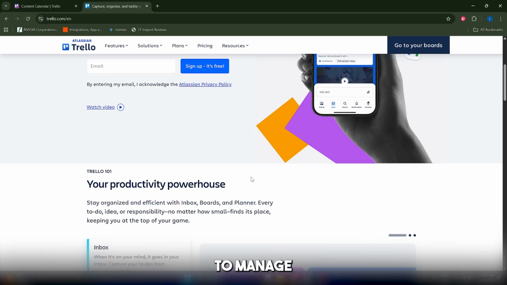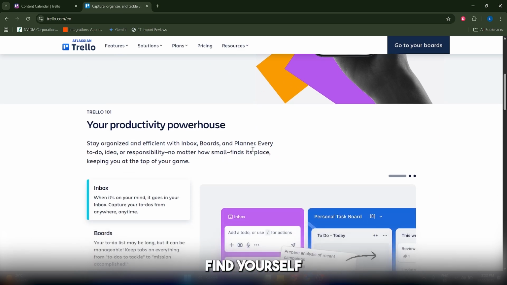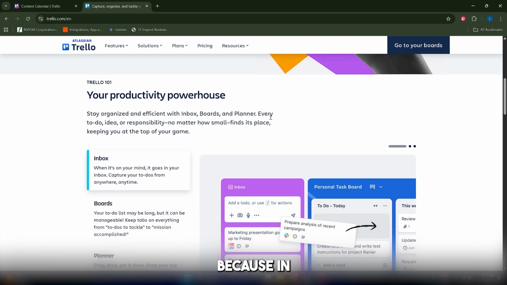If you're using Trello to manage your projects but still find yourself manually moving cards, setting due dates and reminding your team about deadlines, then you're about to have your mind blown because in this tutorial I'm going to show you the 3 best Trello automations for 2025 that are going to save you a ton of time and make